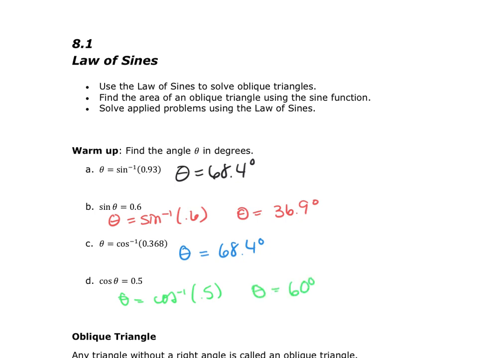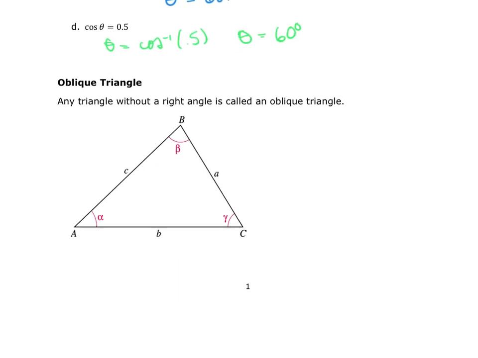Now let's talk about what an oblique triangle is. An oblique triangle is any triangle that is not a right triangle. So just make sure that we've got our notations correct. Notice we have angle A, or we can call it alpha if we prefer. It is a capital A or alpha, and it has to be opposite my